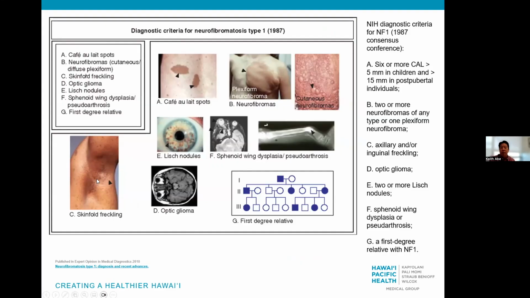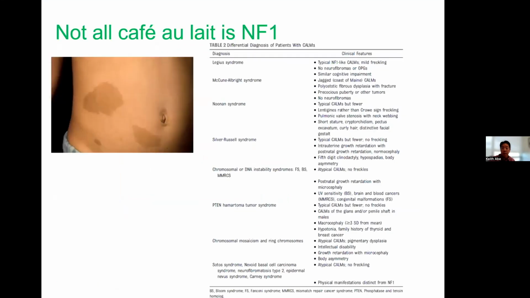And so the skin fold freckling is a major criteria. I would say I don't look in everyone's underarm and groin area necessarily, but if I'm concerned about NF1, gotta look in the underarm and groin because that can make or break the diagnosis sometimes. But cafe au laits actually are pretty frequent in the general population. It's very common to have 2 or 3. So I think that's partly why they had an age and number criteria for NF1 to have at least 6